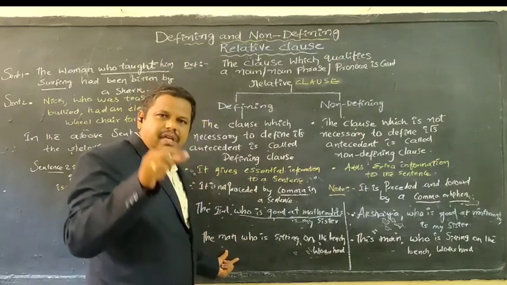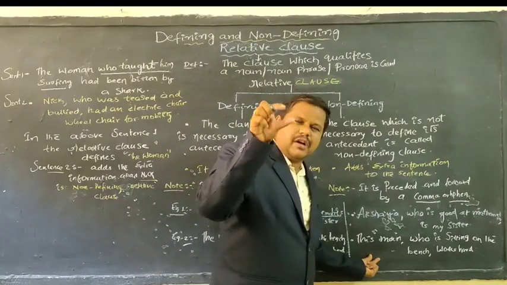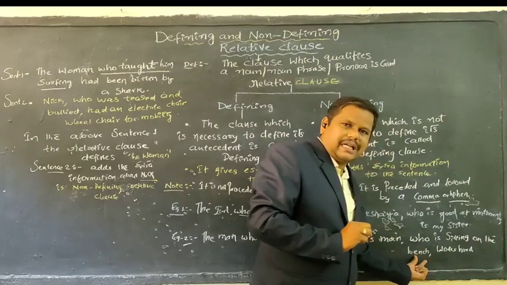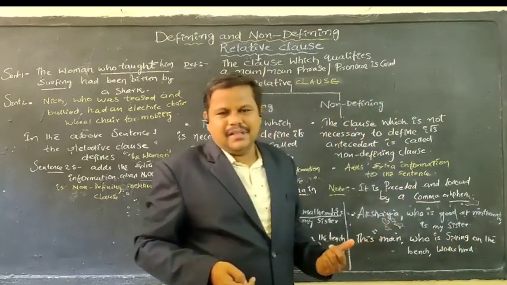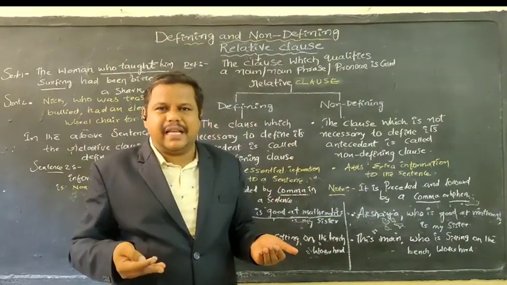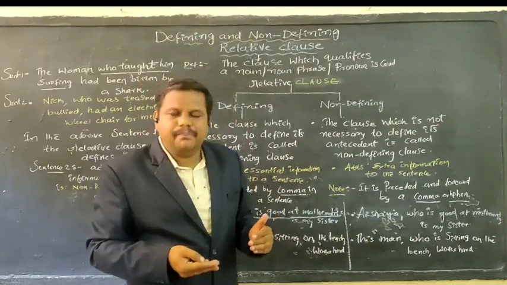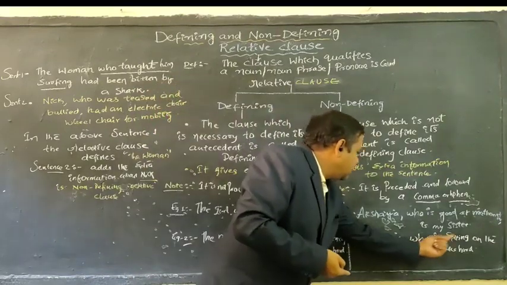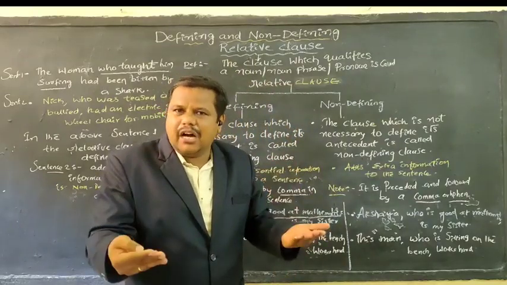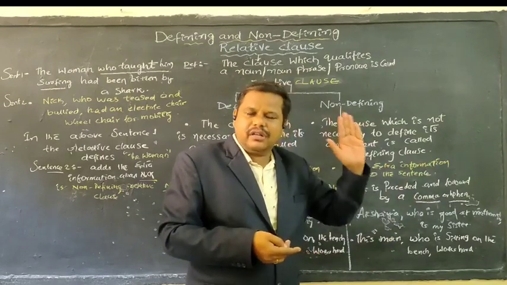Here, with this man, we are talking about a particular man. In the first sentence, we are not explaining about a particular man, but in the second sentence we are showing a particular person, this man who is sitting on the bench. This is a clause, comma, works hard. So this man, here this stands for a demonstrative pronoun. I explained the different types of pronouns, and in that I explained the demonstrative pronoun. This is very important, students: this man who is sitting on the bench, comma, works hard. So it is preceded by a comma. Clearly understand this example shows a non-defining relative clause.